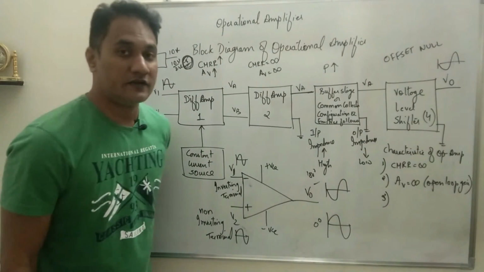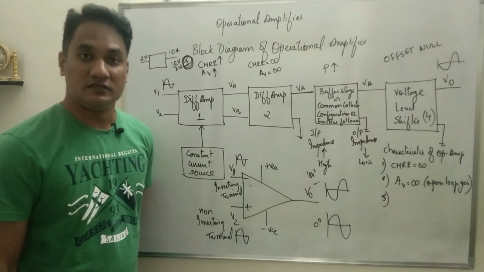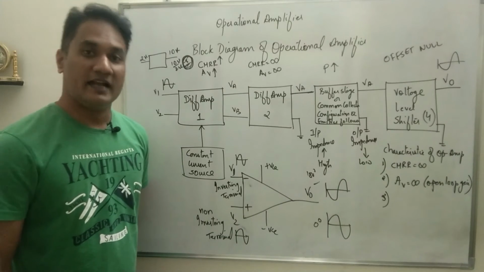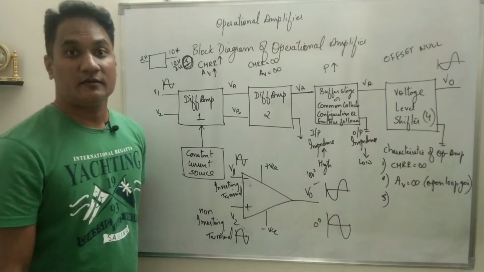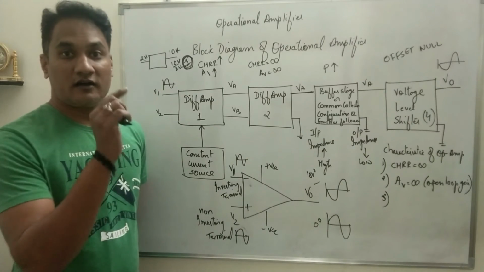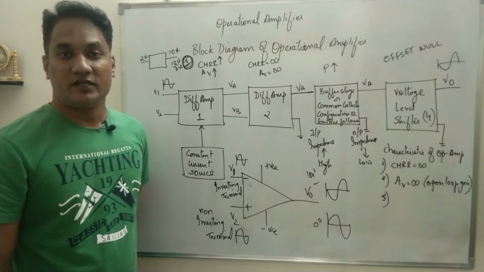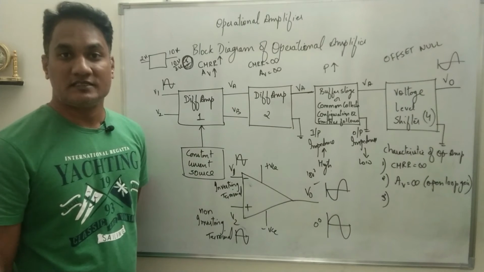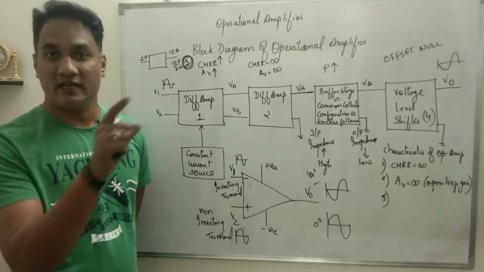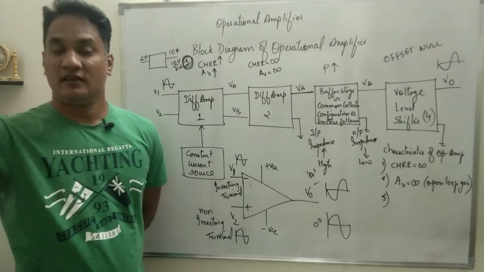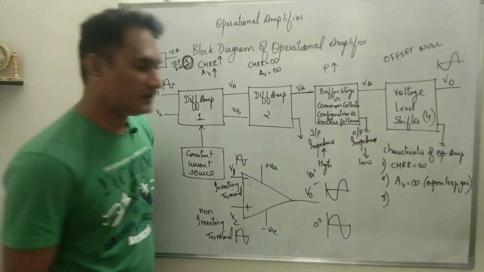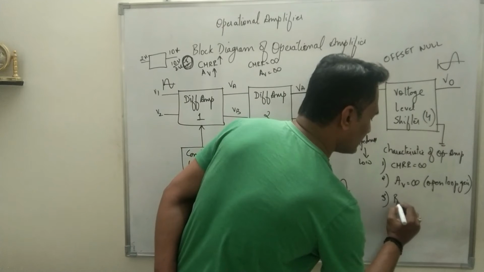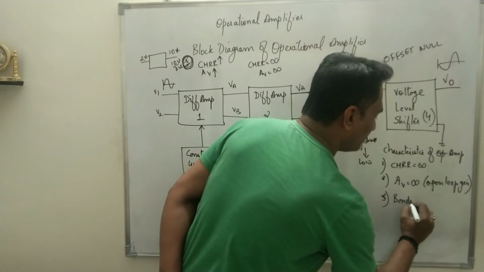Now the operational amplifier is designed using a differential amplifier, and a differential amplifier is nothing but a direct coupled amplifier. And in a direct coupled amplifier, if you draw a graph between gain and frequency, yes, we have understood gain and frequency. The gain is constant, that means bandwidth is infinite. Okay, so the next is bandwidth